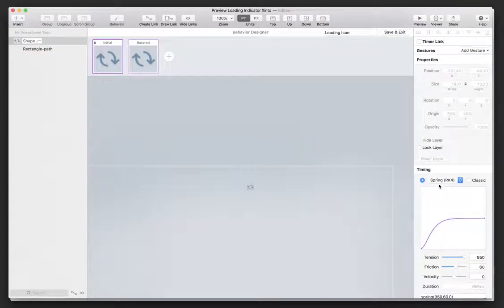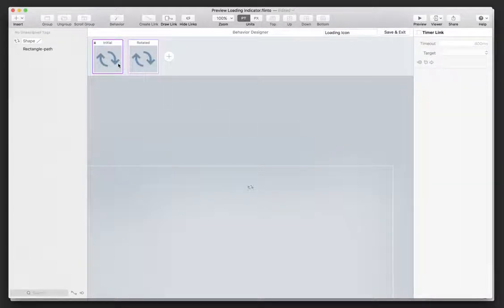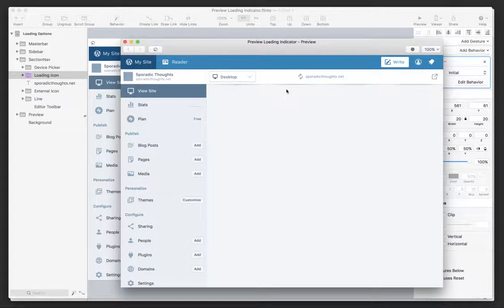But I don't want it to be a spring timing. I want it to be classic, just linear. And probably 1-2 seconds is probably enough here. And then what I'm going to do is create a link between these two. I don't want there to be any time between. I want them to immediately go between each other after the transition is done. Okay, so I'm going to go ahead and save and exit, and we'll preview that, and you'll see what it